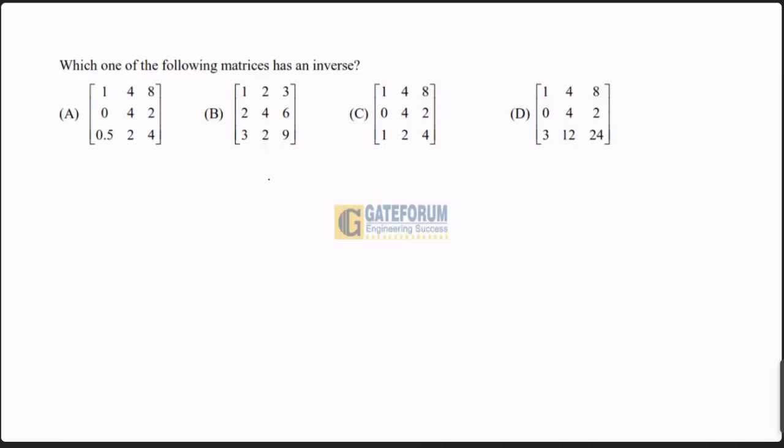The question is, which one of the following matrices has an inverse? 4 options given: A, B, C, D. This question is from engineering mathematics, from linear algebra, subtopic basics, 1 mark question. The solution is,